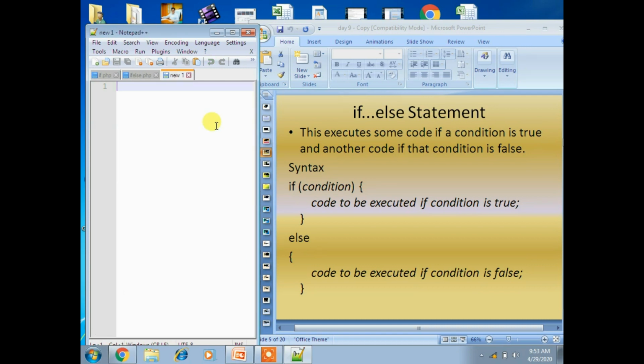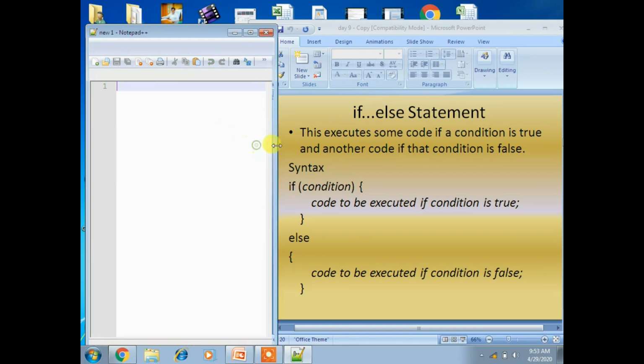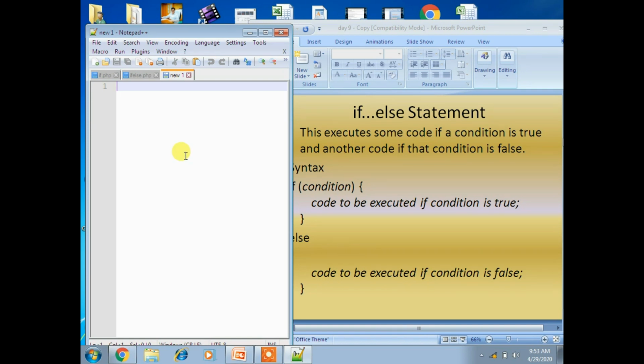I'll take a new notepad again. So for this I'll take a practical way: password comparison. Here I'll give one password, and there I have to put another condition. If it is okay, then it gives access granted, otherwise access denied. I want to display like that. So take one variable, that is password, equal to, I am giving a value directly in the code itself, that is "ABC".